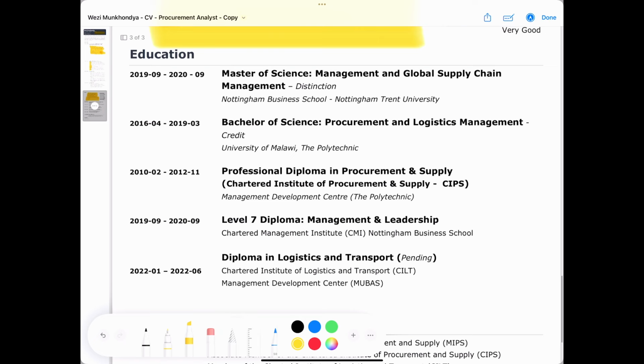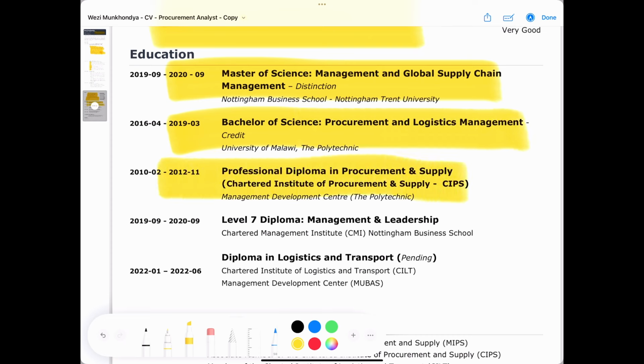So I decided to put it down here. So that's it. I wanted to put the education which was relevant to this position. Everything was relevant, so I put the master's there, and I put the bachelor's degree there. I put the SIPs, and then